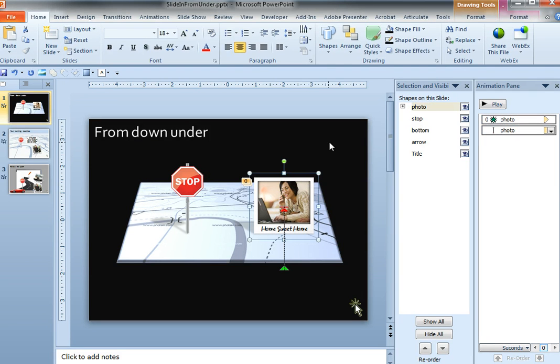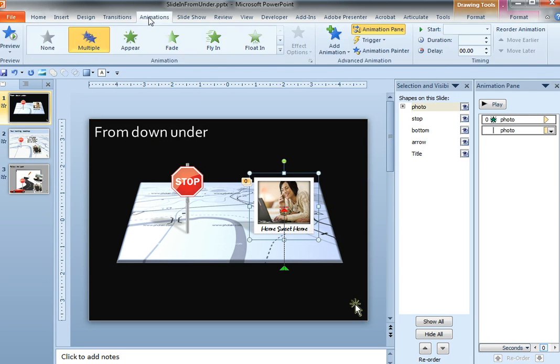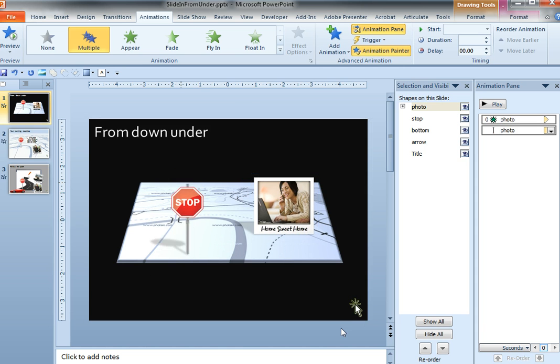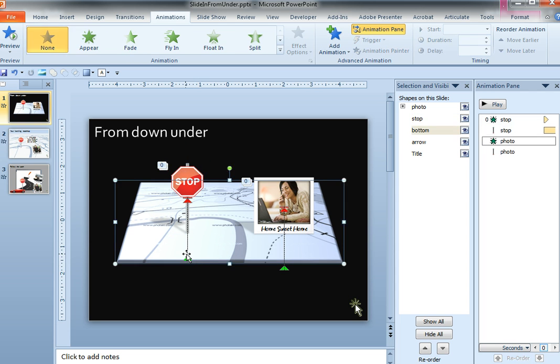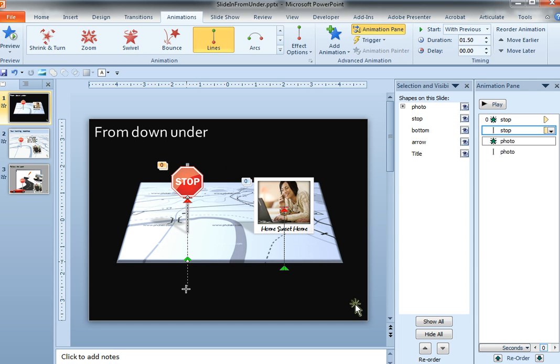So what I'm going to do, in PowerPoint 2010, under the animation menu, there's the animation painter. All I'm going to do is select the photograph, click Animation Painter, and apply that to my stop sign. By doing that, the stop sign now has taken on the same animation characteristics. I want to also make sure my stop sign is coming in first in the display order. Now in this case I also want the stop sign to animate in, and to make sure, I'm going to just elongate this motion path.